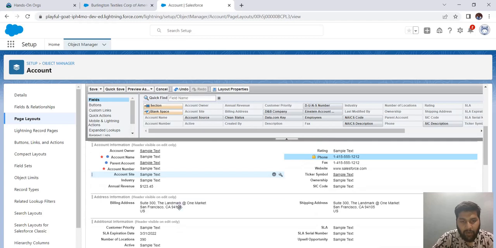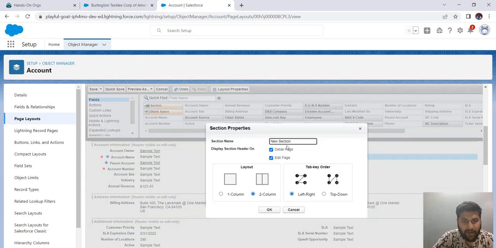Suppose we want to add a certain section here. So what I mean is, let's add a section here. Let's name it test section. Like what these two options here mean,